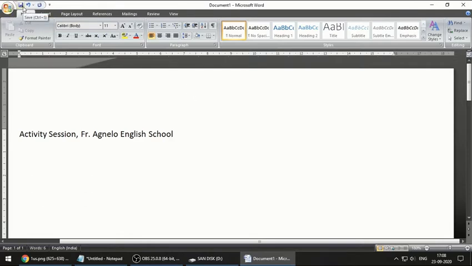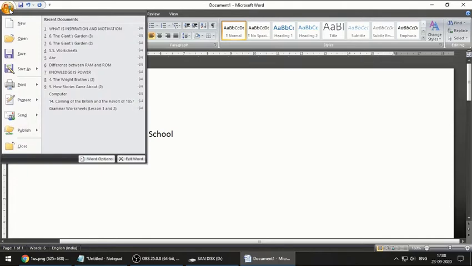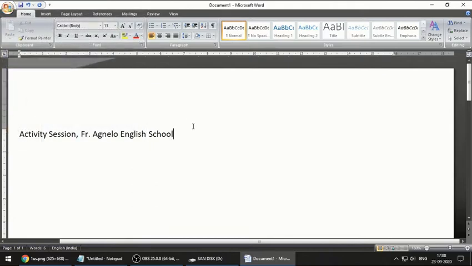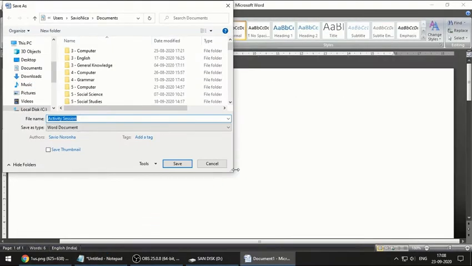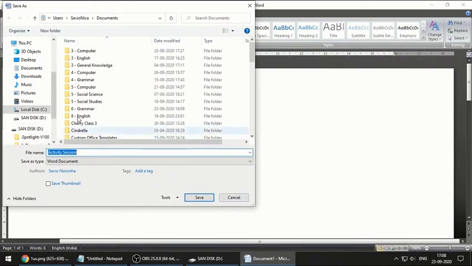I already told you how to save a file. Click on this and save, or use this button over here, or you can also use a keyboard shortcut. Save, and where we have to save it, in the My Activity folder. Now how will you get the My Activity folder? Let me show you over here.